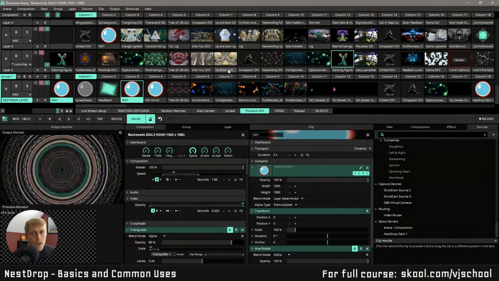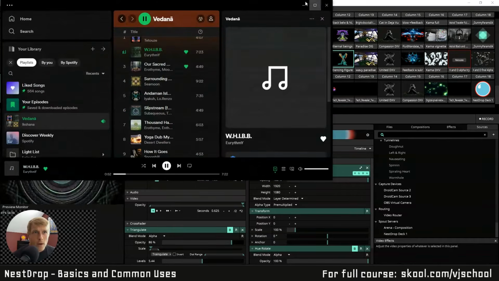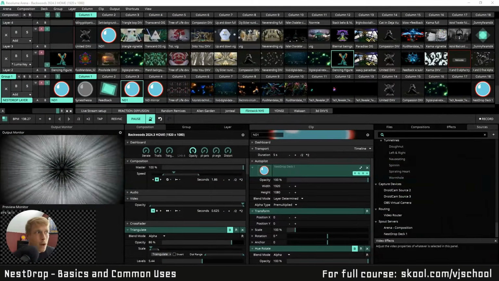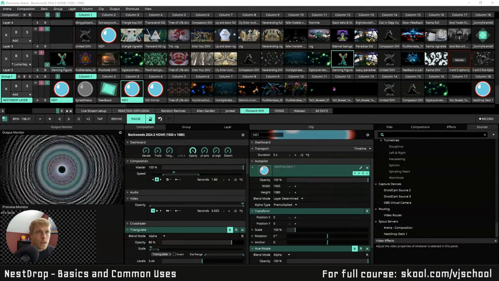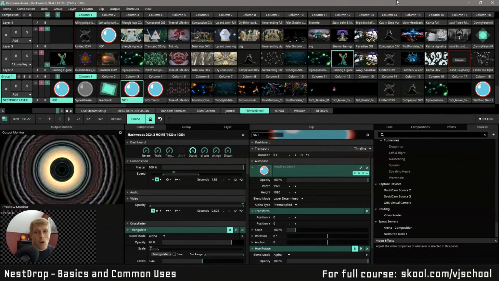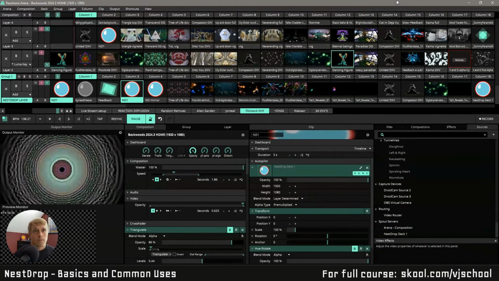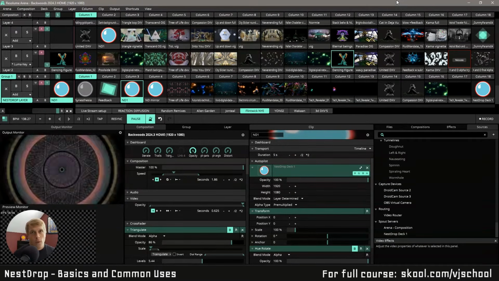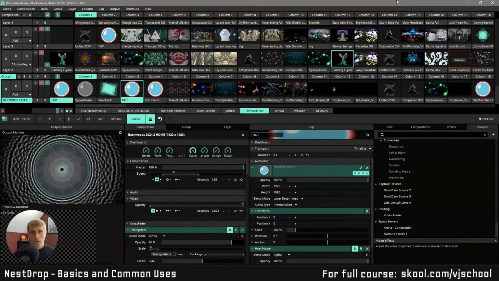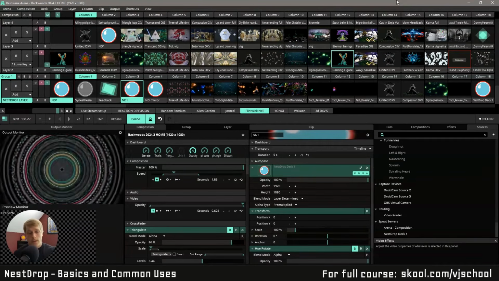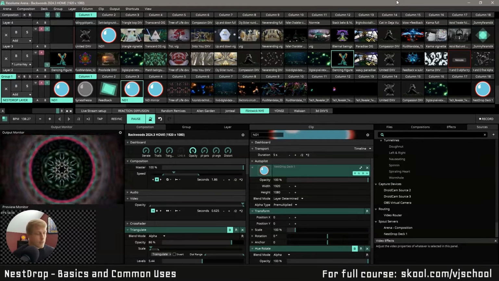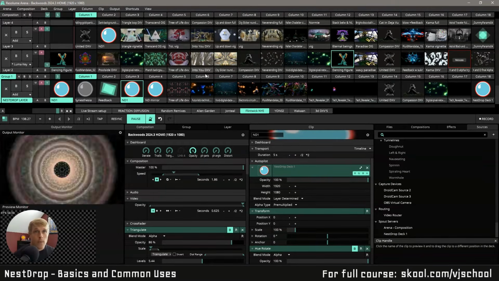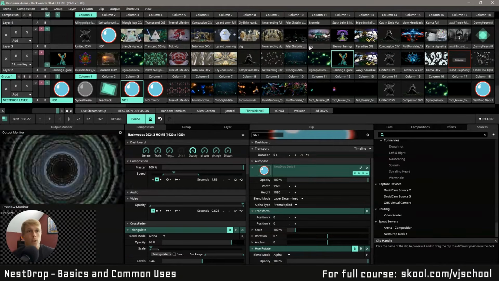So having some audio reactivity like that really helps the cohesiveness of the music, makes it look real clean. And the cool thing is you're always going to have something running. I've mentioned it before, but I think it's worth mentioning again that sometimes your software will freeze, Resolume will freeze, but your MIDI board will still be working. So even though your screen may be frozen, you can't scroll or you can't choose anything,